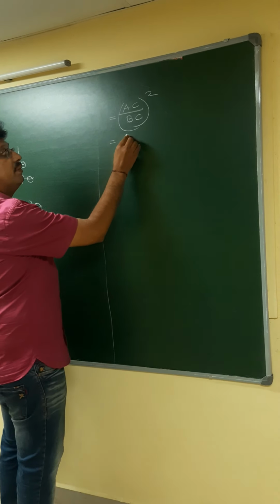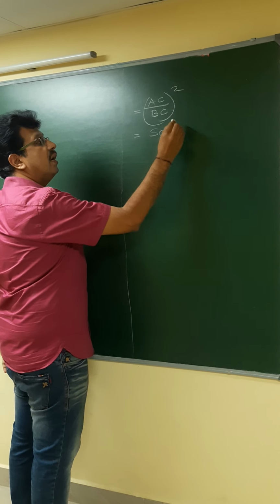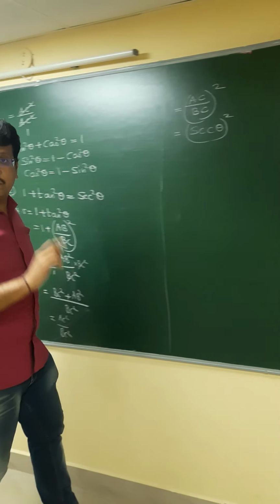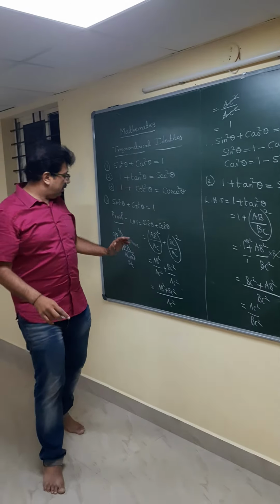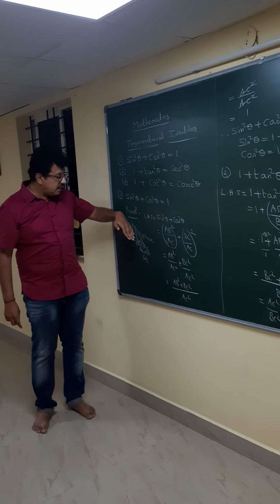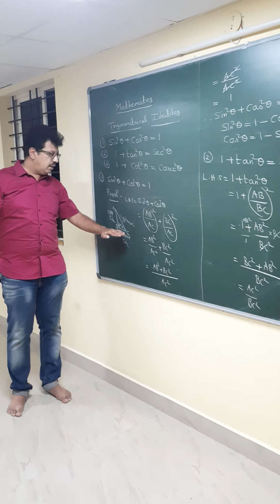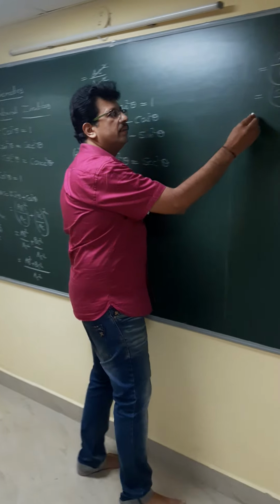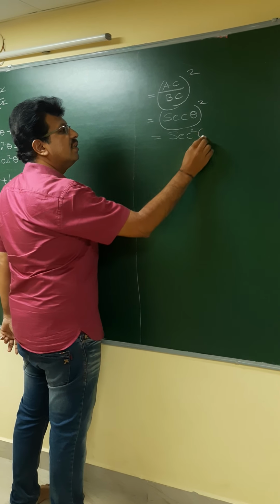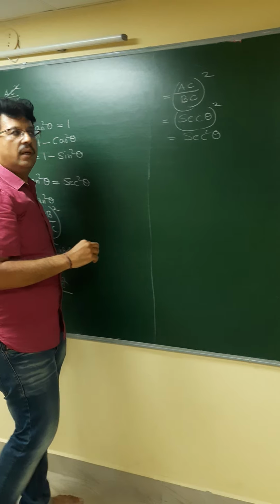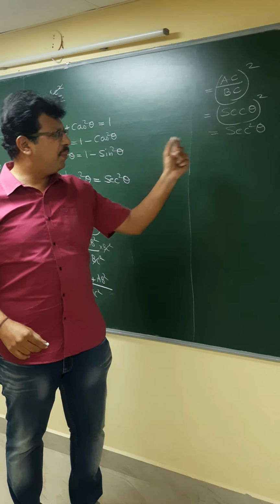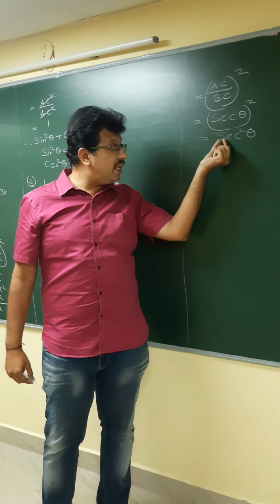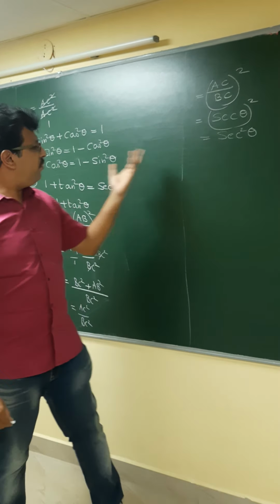That's again a definition. You should know the definition. Secant theta, whole square, will be there as it is. Square it is. All children should understand, it is very very important that hypotenuse by adjacent is nothing but secant theta. So we have proved that secant theta whole square is nothing but secant square theta, because the square will come to the secant. And please write the square properly. Don't write it as secant theta square. That's wrong. You should write secant square theta. And we have proved it.